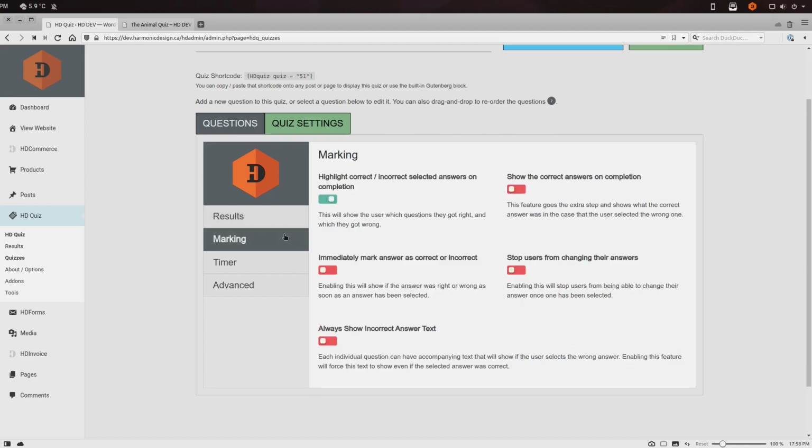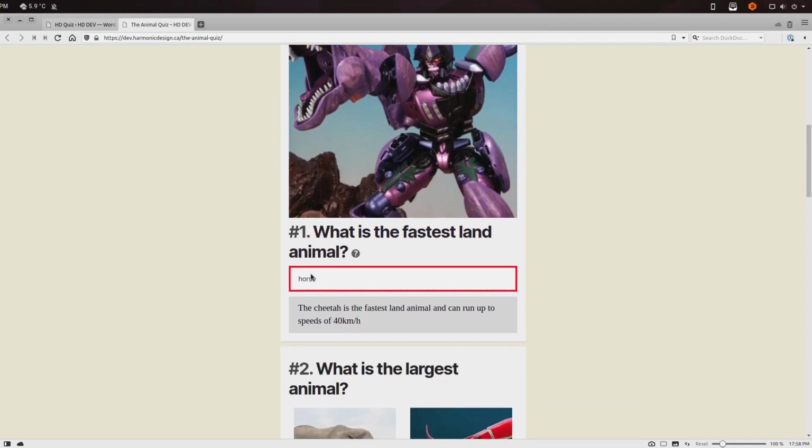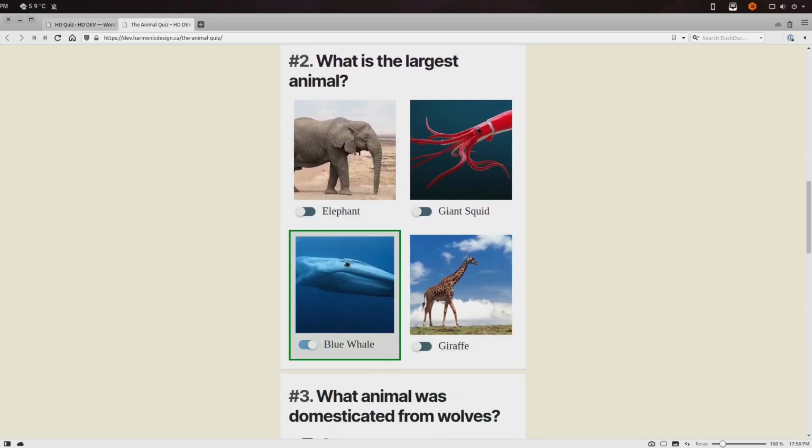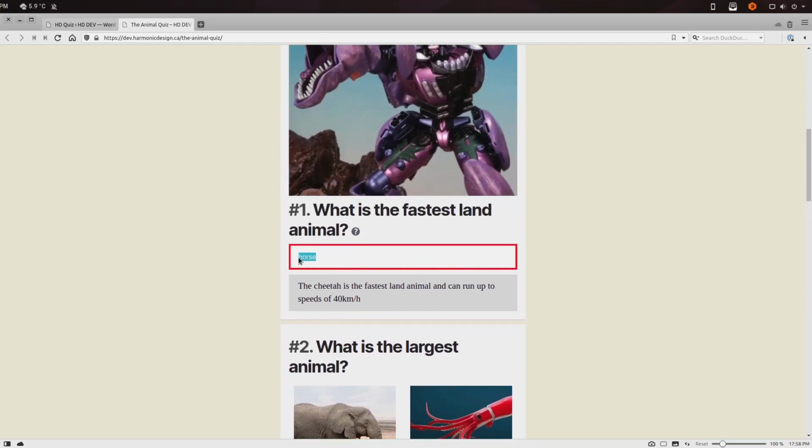Next, we have the marking tab. By default, "highlight correct or incorrect answers on completion" is enabled. So as you can see, if you go back to the quiz, it tells us here that horse is wrong. Horse wasn't the right answer. And it tells us here that blue whale was the right answer because that's what we got right. But you'll notice that even though we got the answer wrong, it didn't tell us what the right